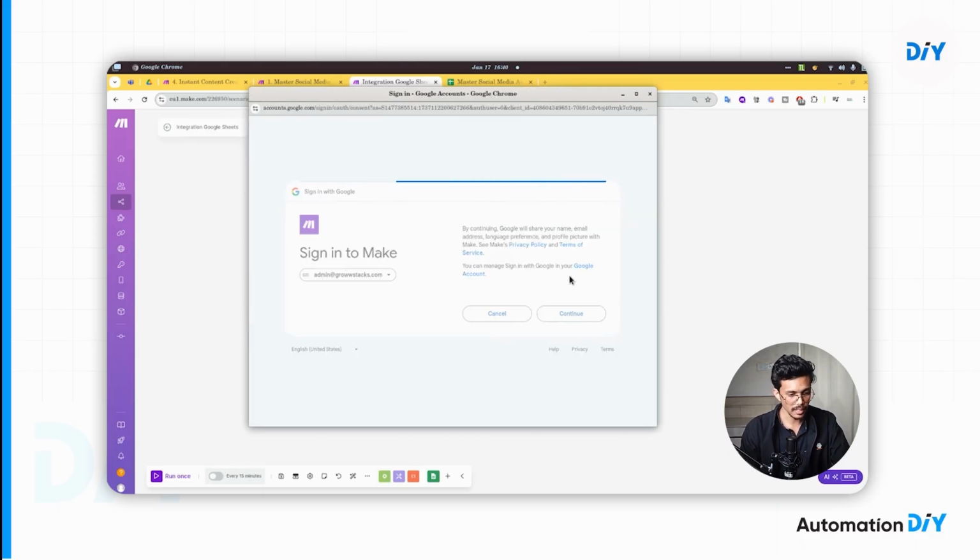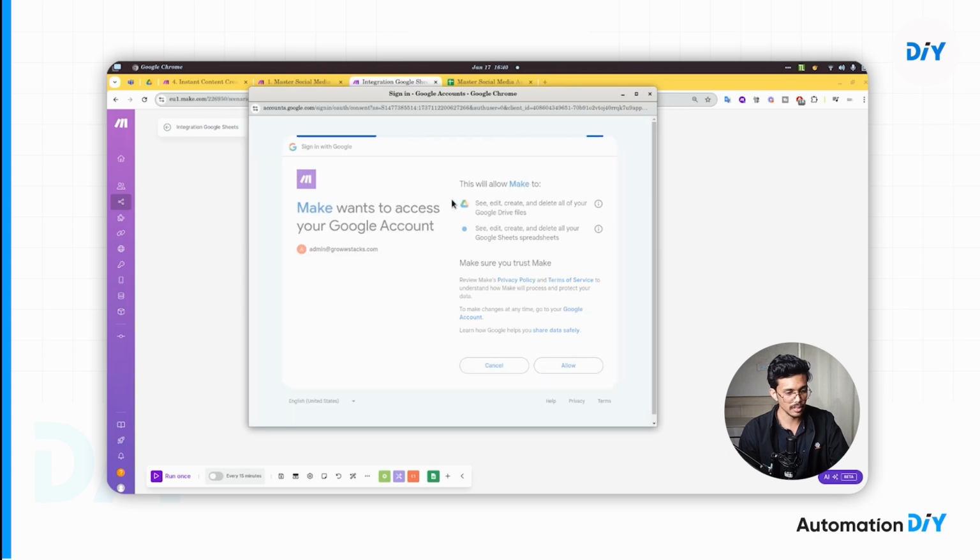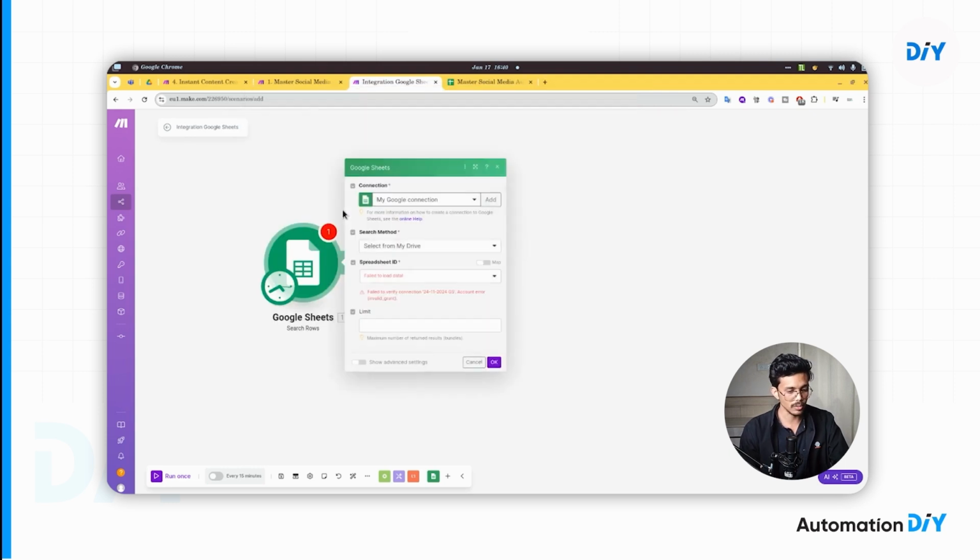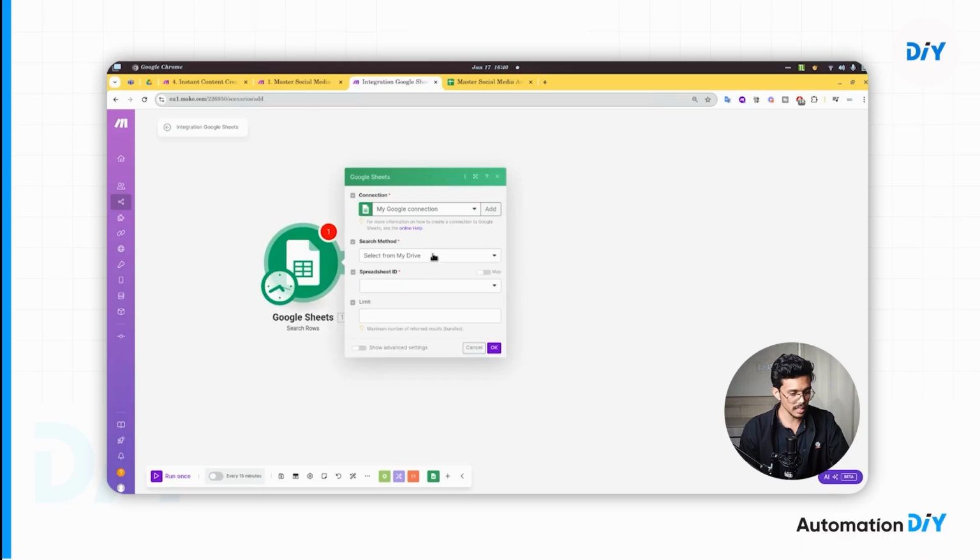So let's quickly sign in with Google and authorize the Google account in your Make account. Here you can see that our connection is established. Now we just need to select the spreadsheet. From the drop down, you can search for the spreadsheet ID. So let's search it